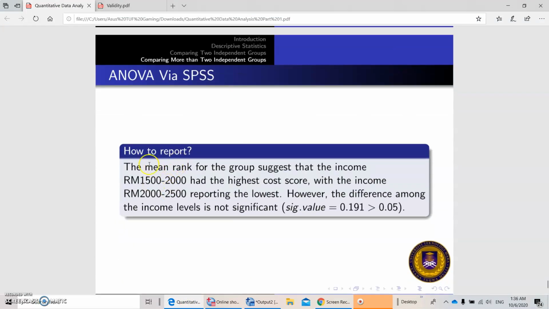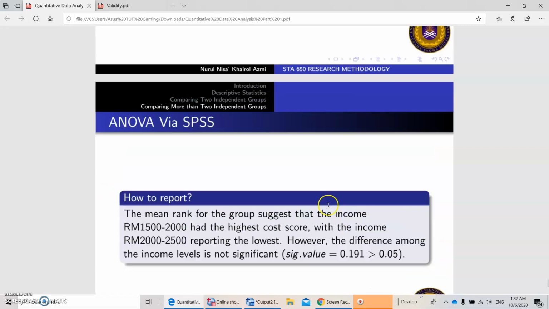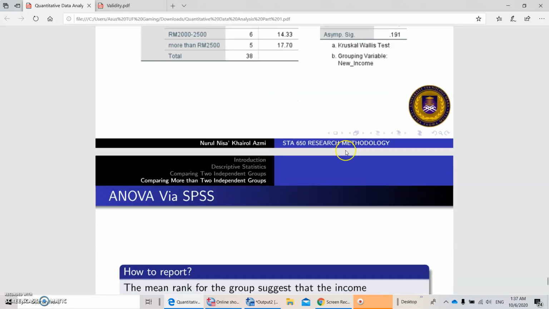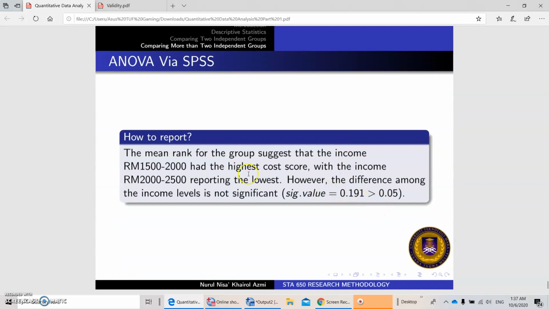The mean rank for the groups suggests that the income 1,500 to 2,000 had the highest cost score, with the income 2,000 to 2,500 reporting the lowest. However, the difference among the income levels is not significant because the sig value here, 0.191, is greater than 0.05.